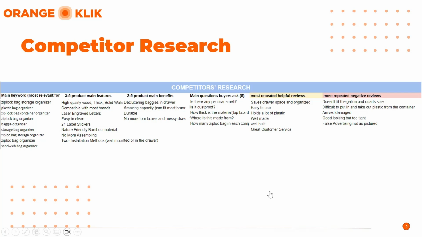So doing competitor research and keyword research is a very tedious task, but it's really important in optimizing your product listings and being able to select which of those keywords will be best to put in your product listing title, description, bullet points, and back-end search terms. So how will this be used to create better and more optimized product listings? To start, we will show you the anatomy of a product listing, the function of each part, and what relevant keywords you should place there to help you best optimize your product listing.